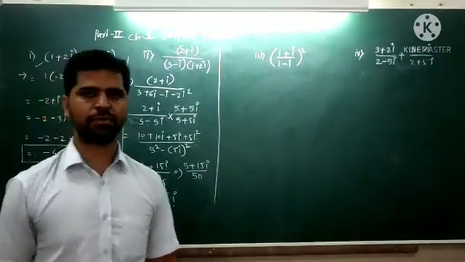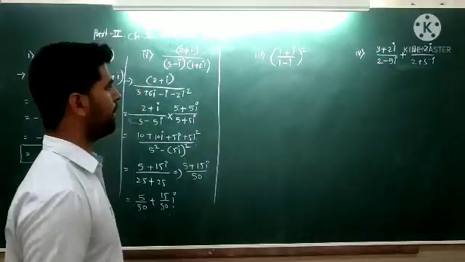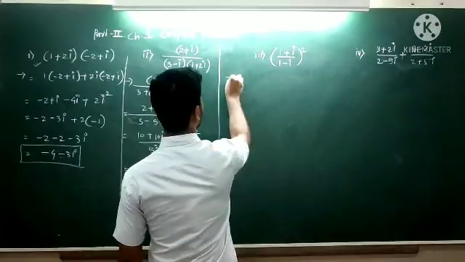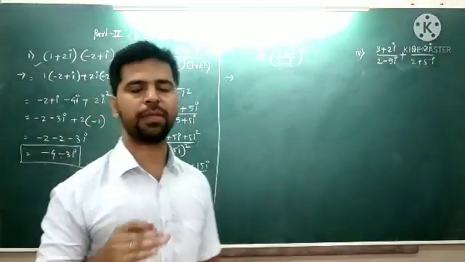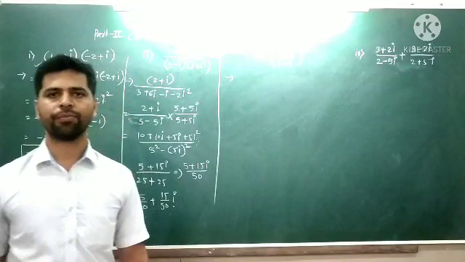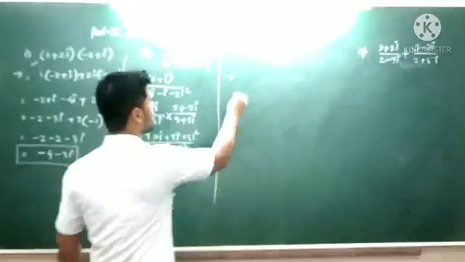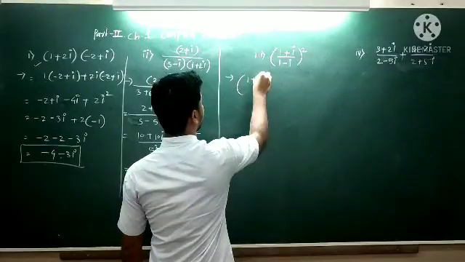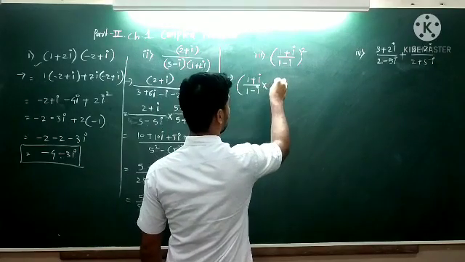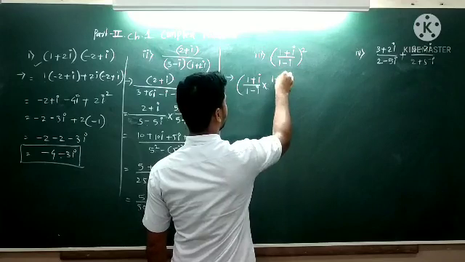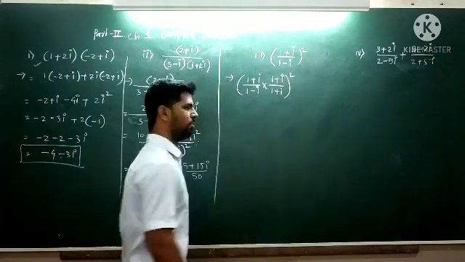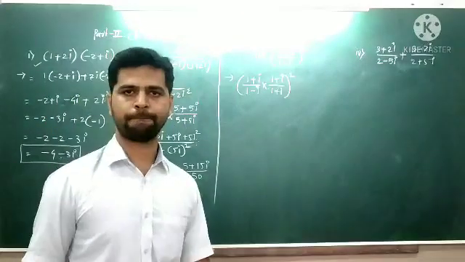Now let's see the next one. Next example is 1 plus i divided by 1 minus i square. Okay, so how will you do this? First of all, you have to get rid of that complex number from the denominator, and we know how to do that by using the conjugate. Okay, so let's do the rationalization by the conjugate of the denominator. So the conjugate of this would be 1 plus i, and write that square as it is of that whole bracket. Okay.